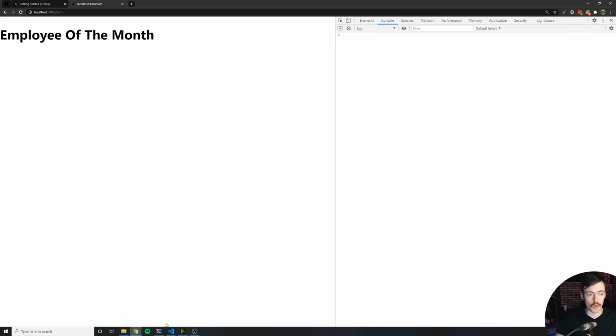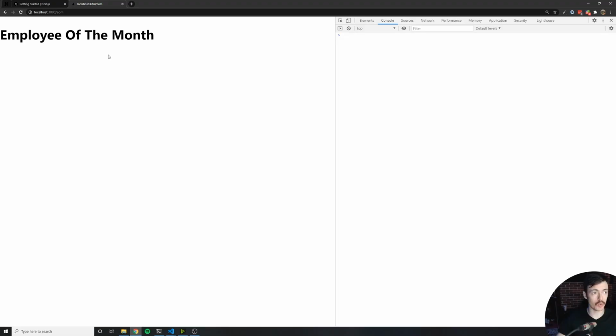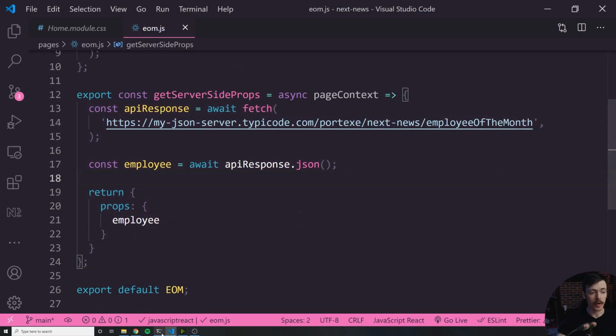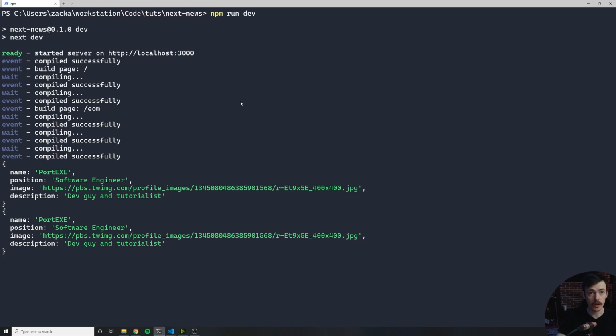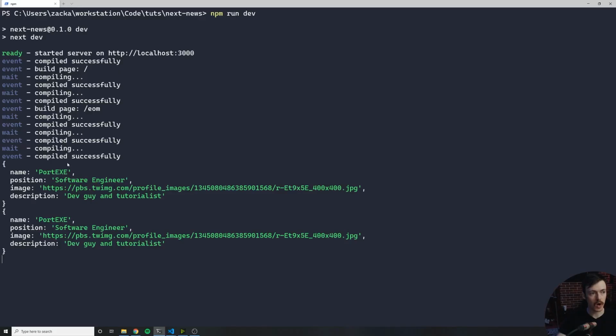Now, the thing is, when you're working with Next.js, since there is a server-side aspect to it, sometimes when you want to make updates, you're going to want to make sure that you refresh the browser. So if you click refresh, now you can see that you're getting the data from the database. You're actually getting that employee object from the server-side render. But also, if you go to your console, you can see that it's logging here as well. So it's logging in the browser, it's logging that employee object, and it's also logging that employee object